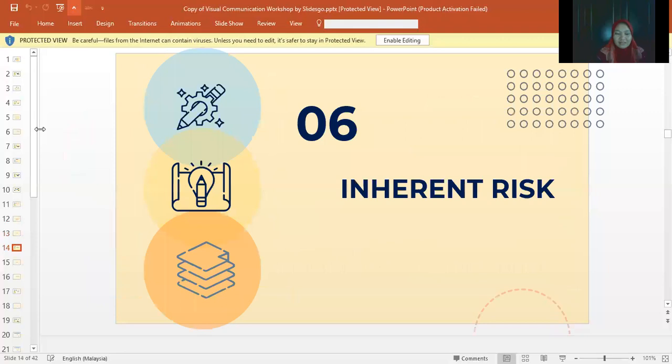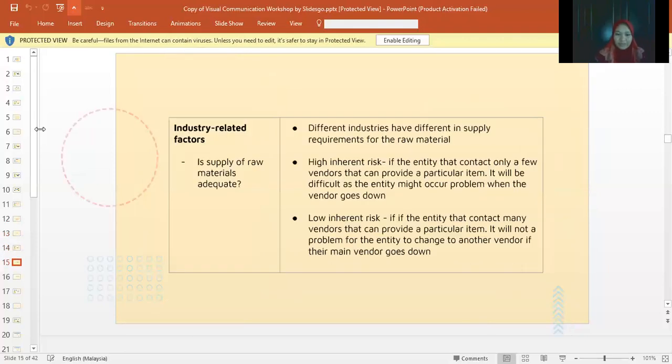So next, about the inherent risk. For the first, industry-related factors. In industry-related factors, management needs to know, is the supply of raw materials adequate? Management needs to know this because different industries have different supply requirements for raw materials, and